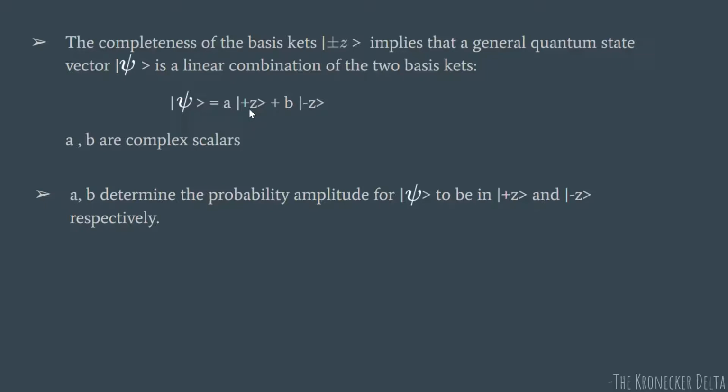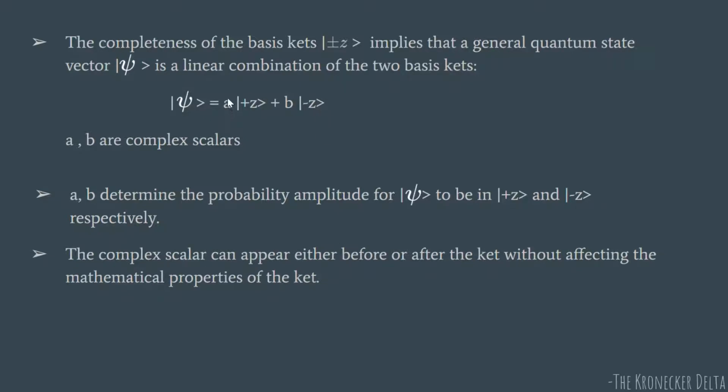We'll see more of that later, but for now I just use the term eigenstates for these spaces. So this scalar A will tell you the probability amplitude for psi to be found in the plus z state. That is, if you're doing an SZ measurement, A is the probability amplitude that this psi will be found pointing up along the z-axis. And the scalar B gives us the probability amplitude that the state psi will be found in the minus z state. That is, this state psi will be found pointing down along z when you perform an SZ measurement.